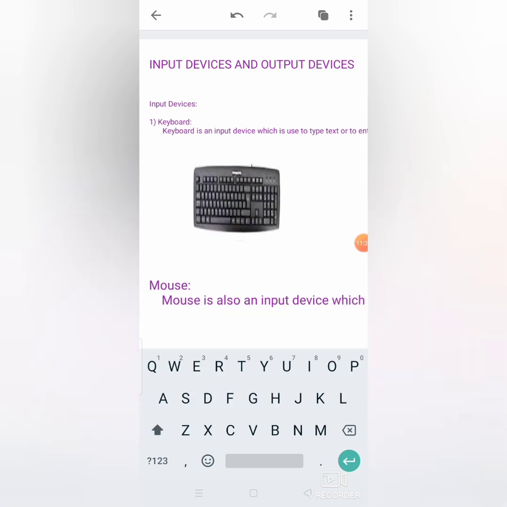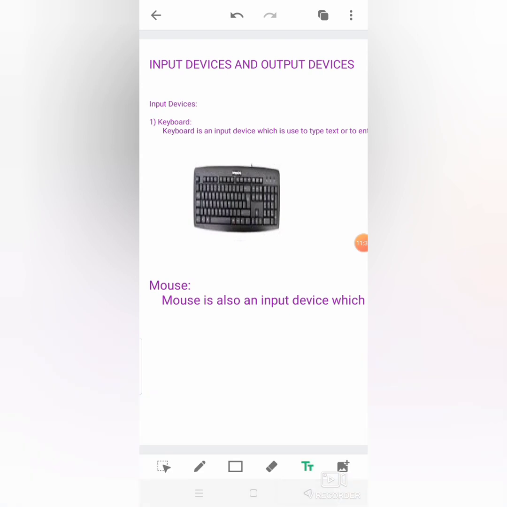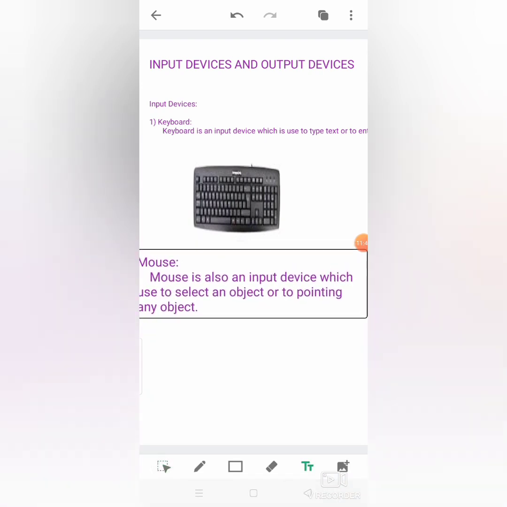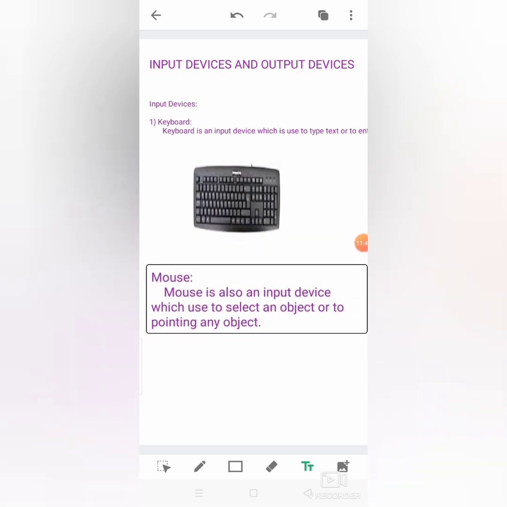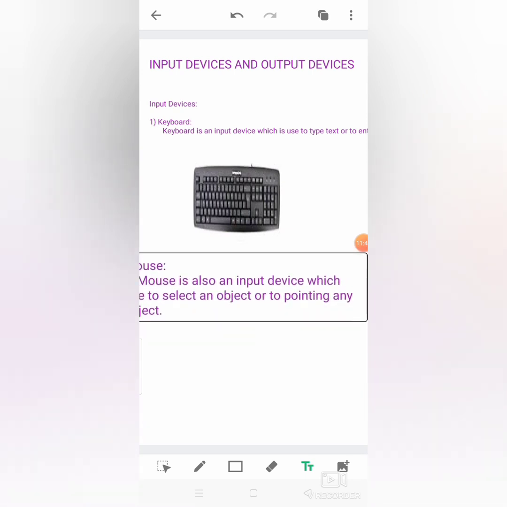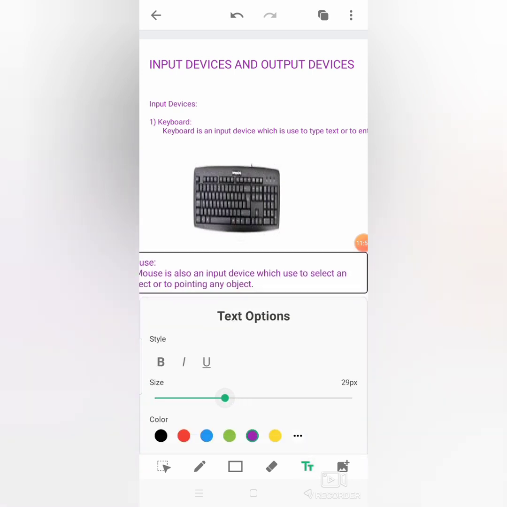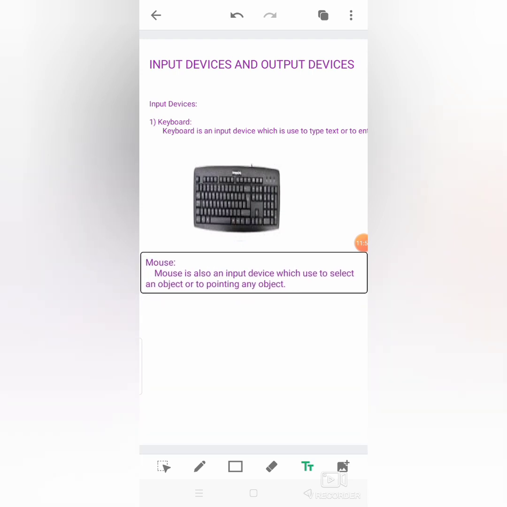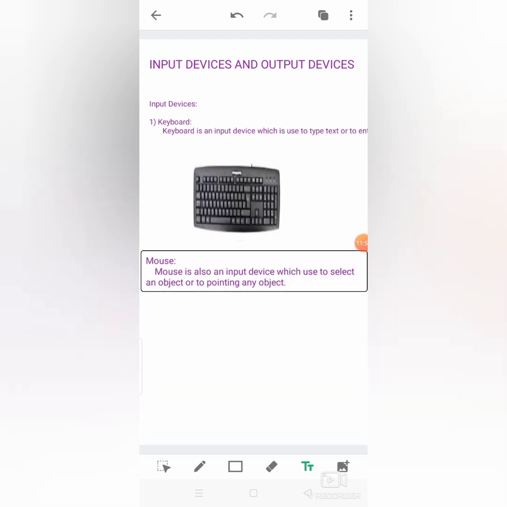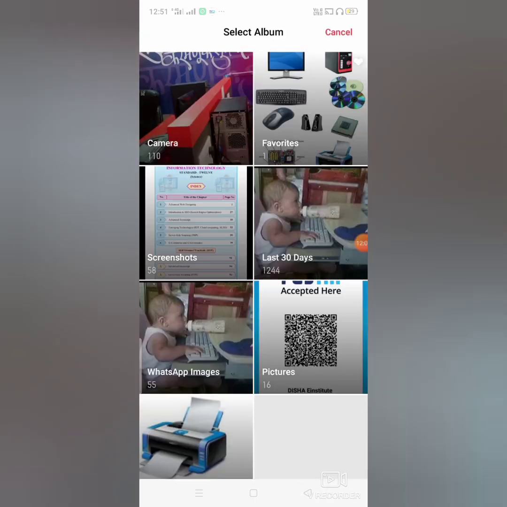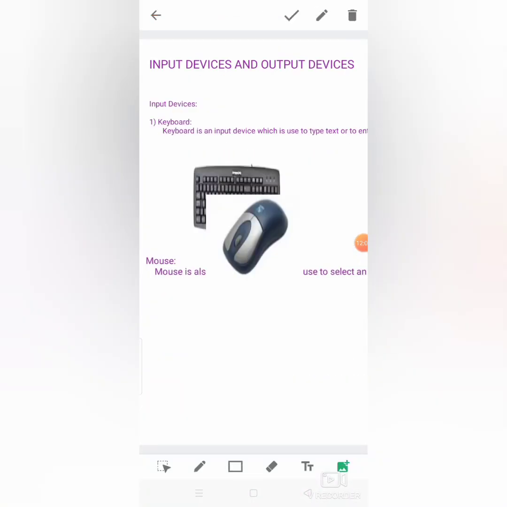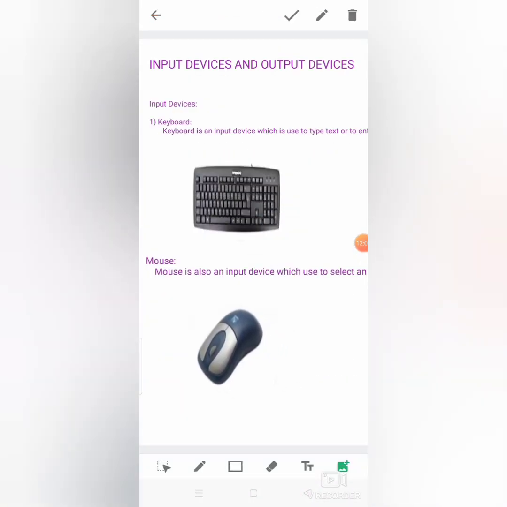Again, I want to insert an image of a mouse. Okay, so this is my first page.